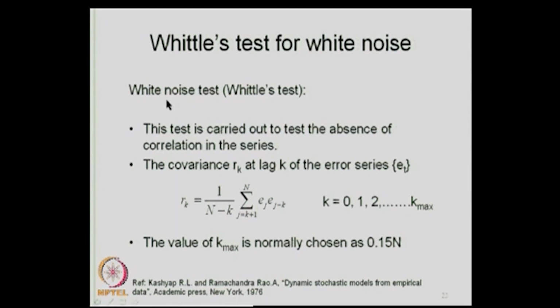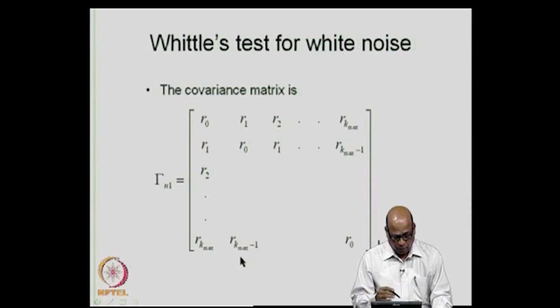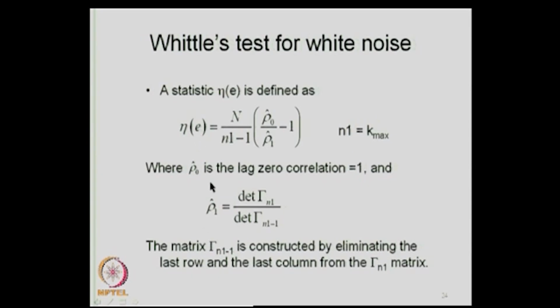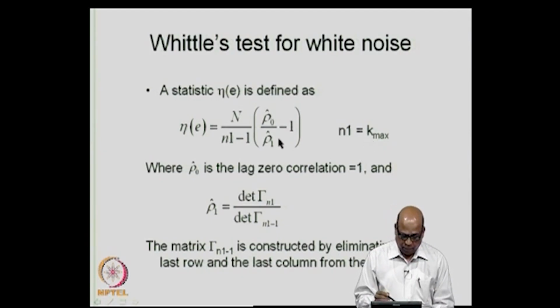All right, now you have formulated the covariance. Once you have the covariance matrix, this is gamma n1, the entire covariance matrix of size k max by k max. We formulate gamma n1 minus 1 by taking out the last row and the last column. Then we define the statistic eta as n divided by n1 minus 1, where n1 is the k max, into rho naught cap by rho 1 cap minus 1,